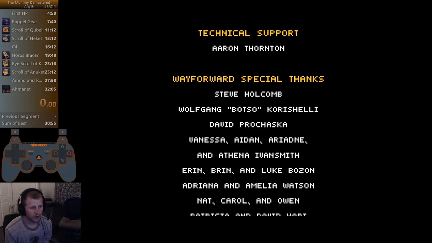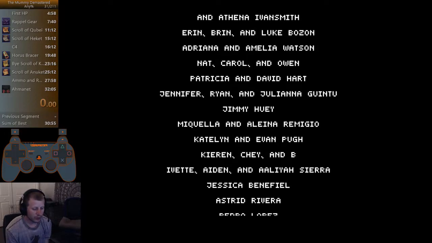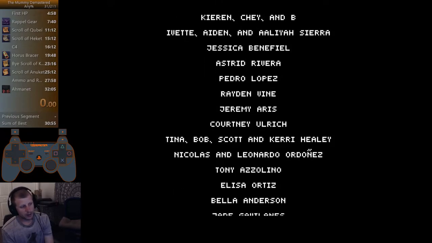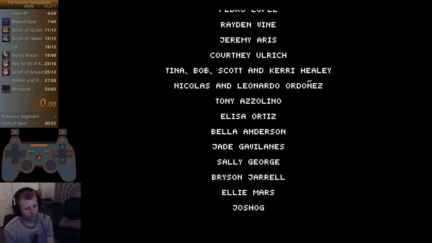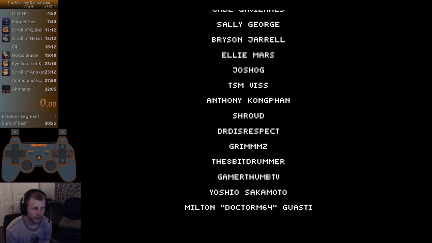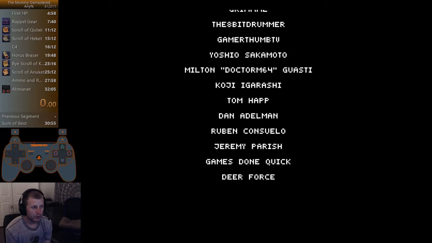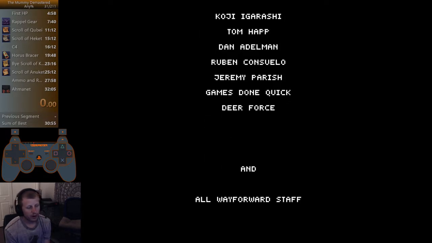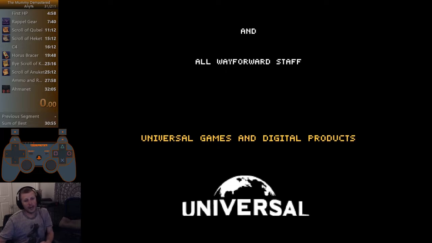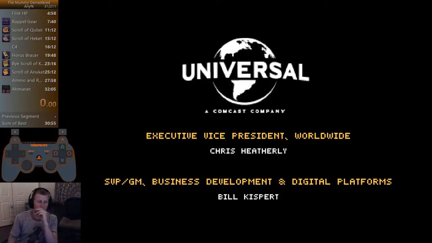RTA is not used for the leaderboards either. The leaderboards we use in-game time. We do this because consoles have longer load screens, and we're giving the chance for PlayStation 4, Xbox players to play this game, to not have a bad handicap. You still have a small handicap playing on console because you can't cheese the boss, the third boss,